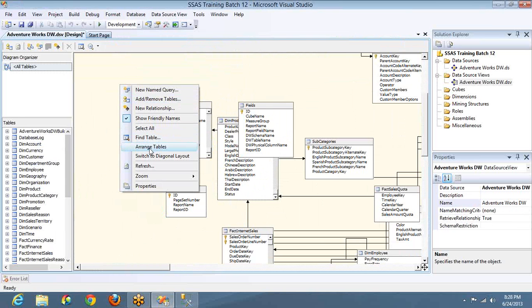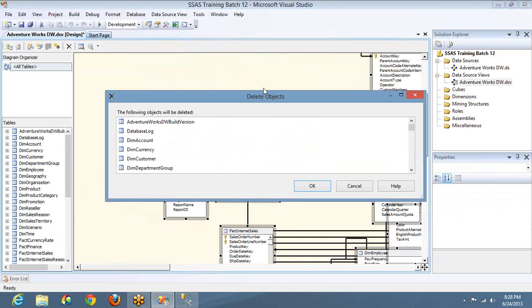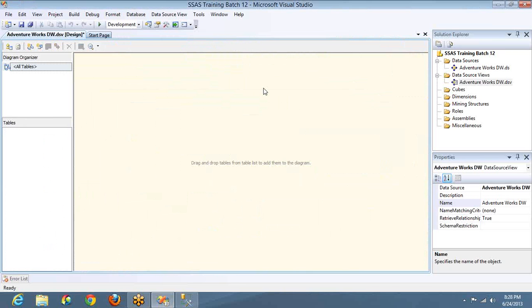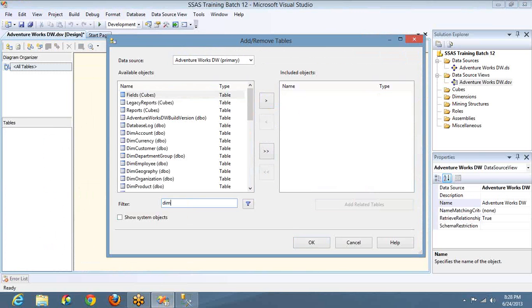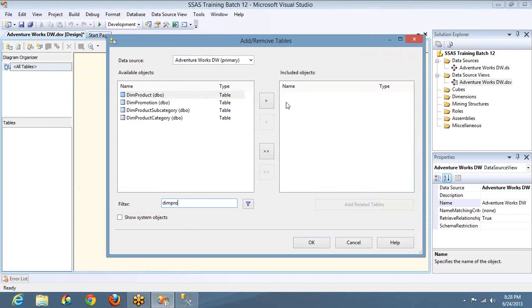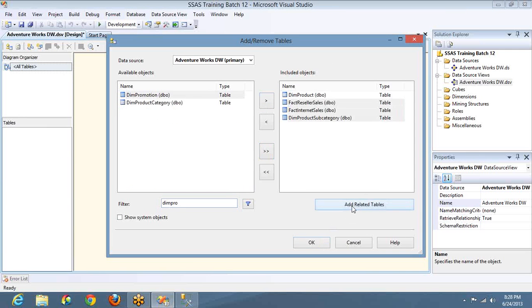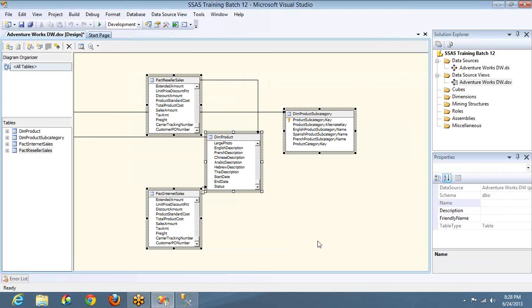If you see the next option, arrange tables. Let me remove all the tables. I selected all and I removed it. Let me make a simple one so that it will be good to see. Dim product. I've taken only one product and added the related tables. And click on OK. Now if you see, there are only 4 tables, but these 4 tables are not arranged